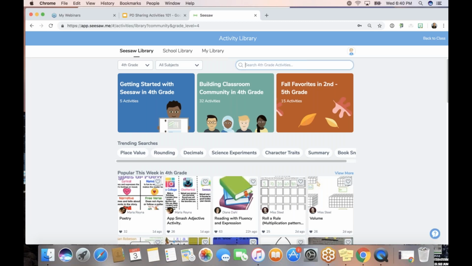And briefly at the end tonight, I'll talk to you about the Seesaw for Schools school library so you get an idea of how that would work. So we're not going to spend too much time talking about browsing because I want to talk more about sharing, but just as a reminder,